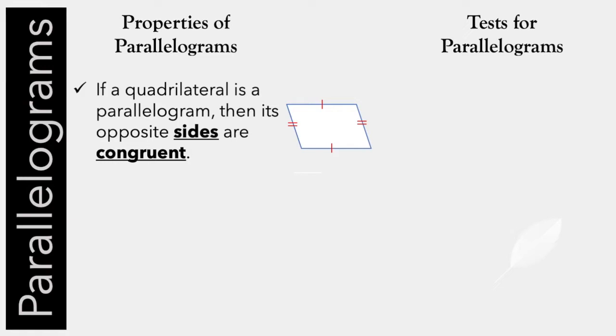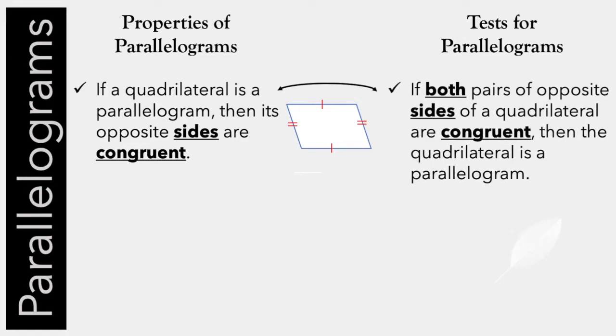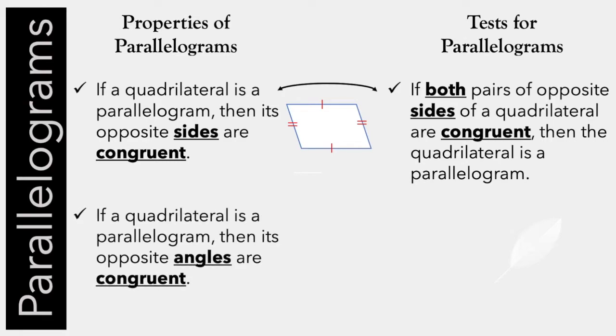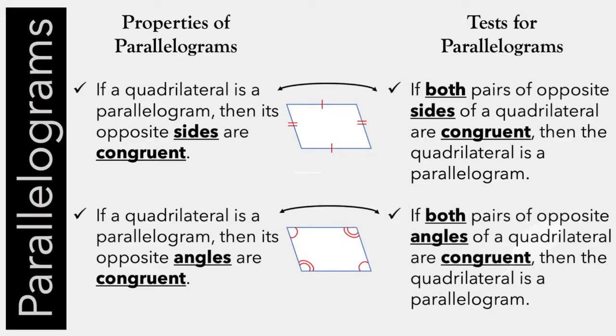And a lot of times these tests sort of partner or mirror the properties, like this. If both pairs of opposite sides of a quadrilateral are congruent, then the quadrilateral is a parallelogram. See how they kind of match up? Another property was that if a quadrilateral is a parallelogram, then its opposite angles are congruent. So a test could be, if both pairs of opposite angles of a quadrilateral are congruent, well, then the quadrilateral